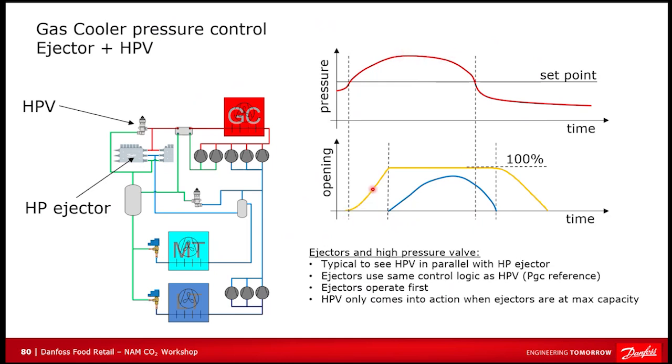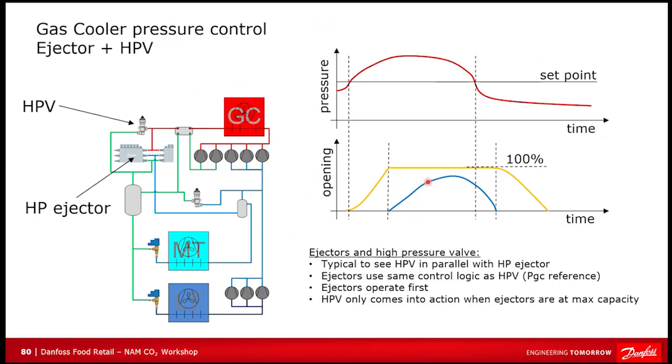Down here, the yellow line is the capacity of the ejector, and the blue line is the capacity of the high pressure valve. And so what this example is describing is a situation where the ejector has gone to full capacity, 100% capacity, but the pressure continues to climb at the gas cooler. And internally in the pack controller, what it will do is identify that situation and say, ejector is maxed out, it can't do any more. I'll now go ahead and add the high pressure valve into this and begin to open that up slightly. And then the more and more is needed,